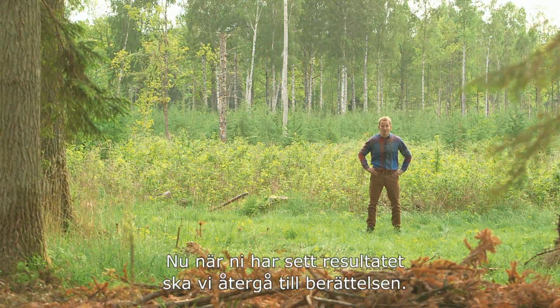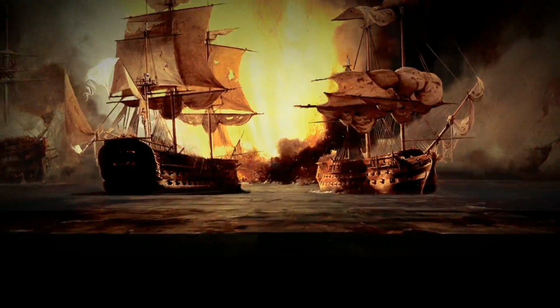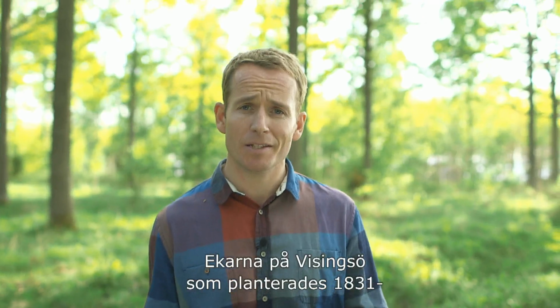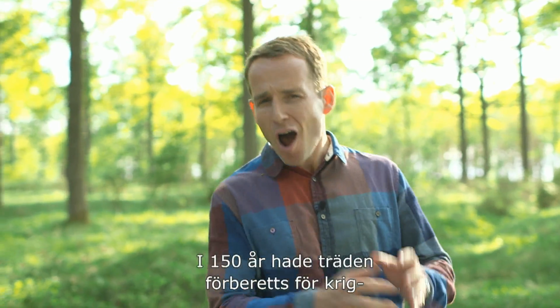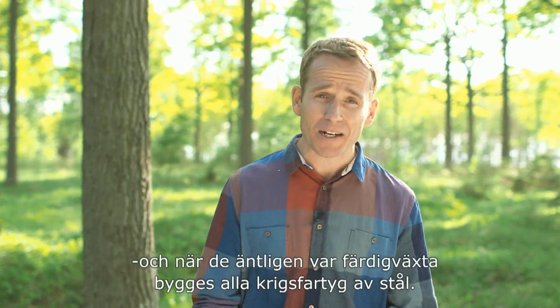Now you've seen the result, let's get back to our story. The Visingsö oak trees that were planted back in 1831 were finally ready to become battleships. The year was 1975. For 150 years these trees had been prepared for warfare, and when they were finally ready,